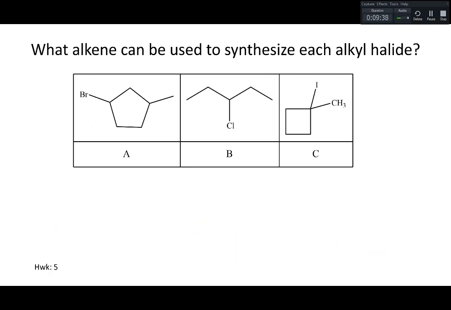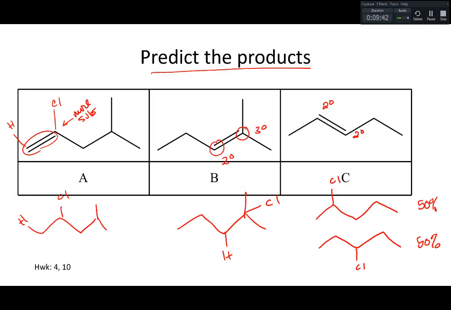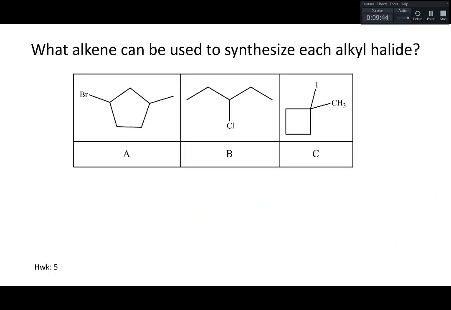Now, another kind of problem that you have to be able to do, and again, notice the homework 4 and 10, so these kinds of problems are spread out through the chapter a little bit. What alkene can be used to synthesize each of these alkyl halides? Now, when you do this problem, what you should realize is that sometimes one of the alkenes that you can